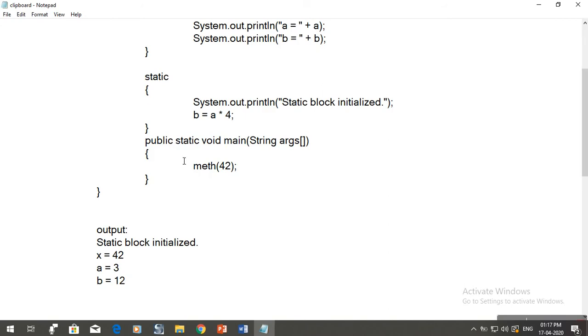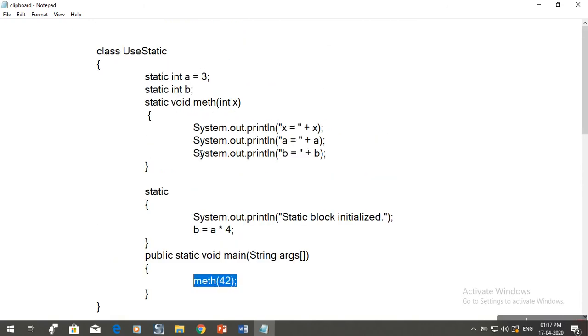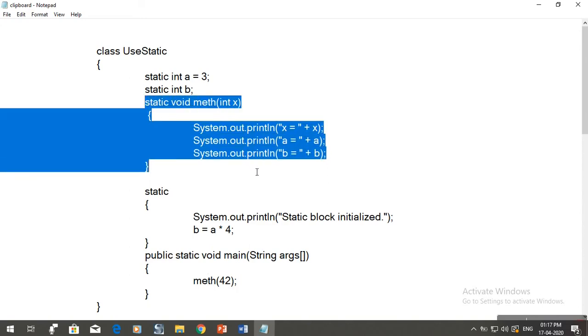Within this class there is no point in creating an object and accessing it. The method is directly called because it is static, and within a single class there is no problem.